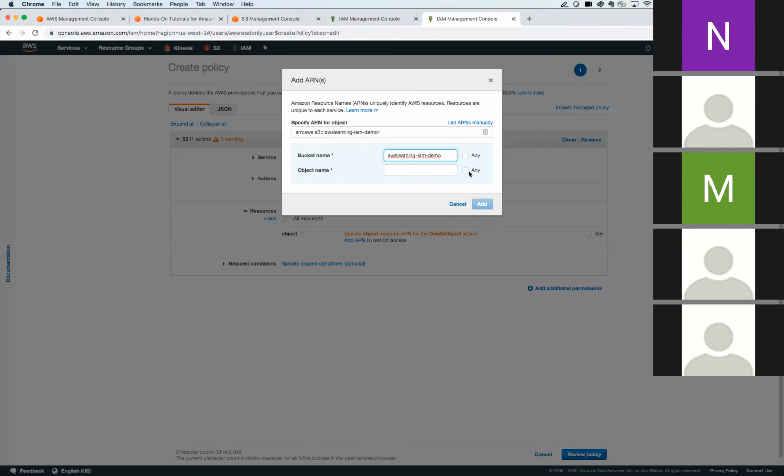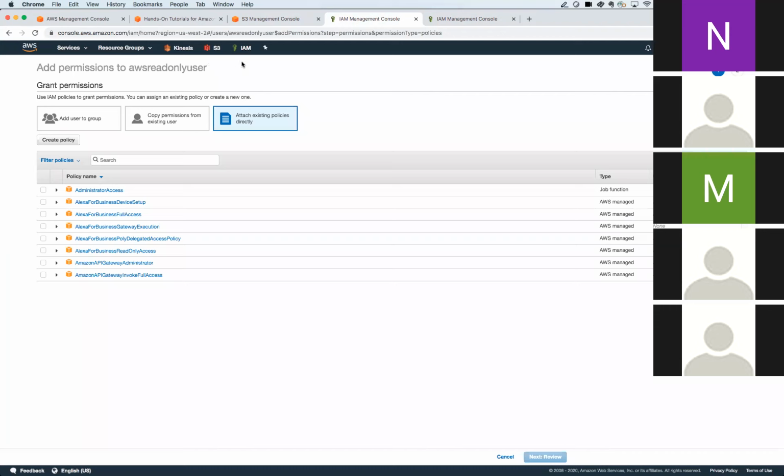So there is nothing called inline policy. If you see here, there's nothing called inline policy available for that particular user. So what does it mean? It means inline policy is only applicable to an individual user, not on the policy level or role level. So let's quickly go ahead and see one more thing, which is